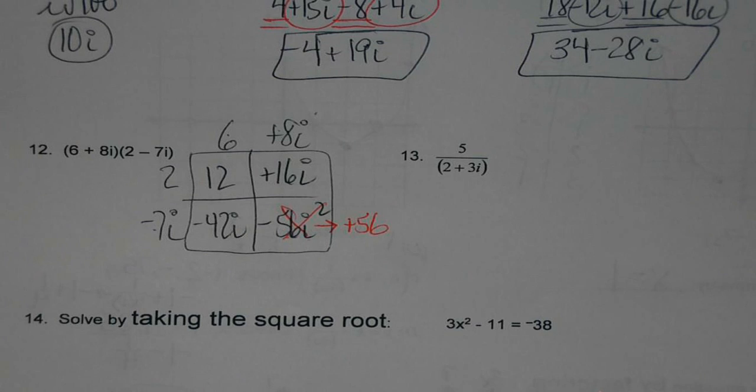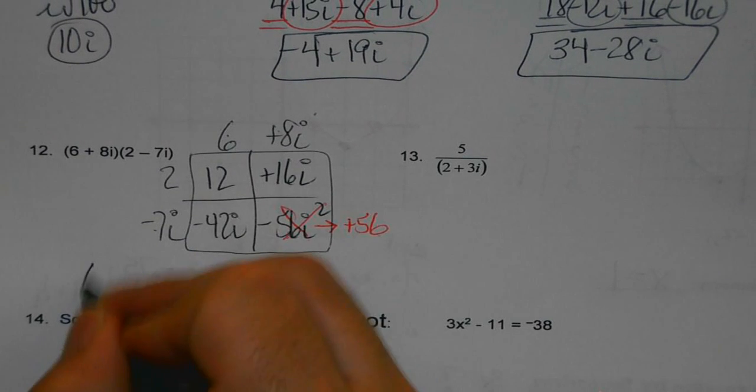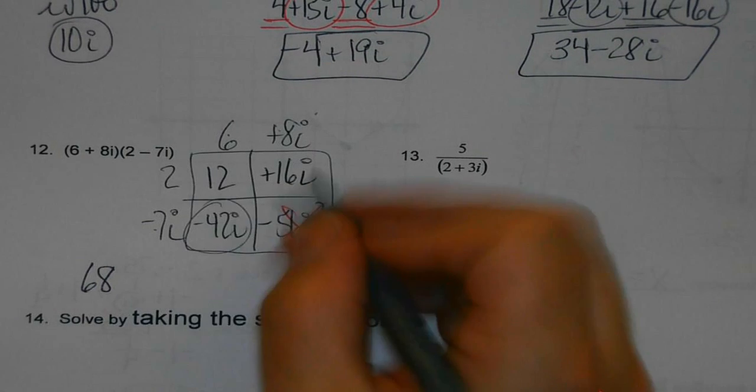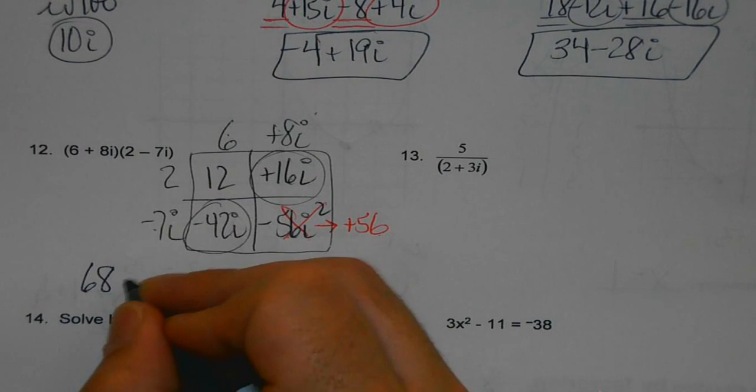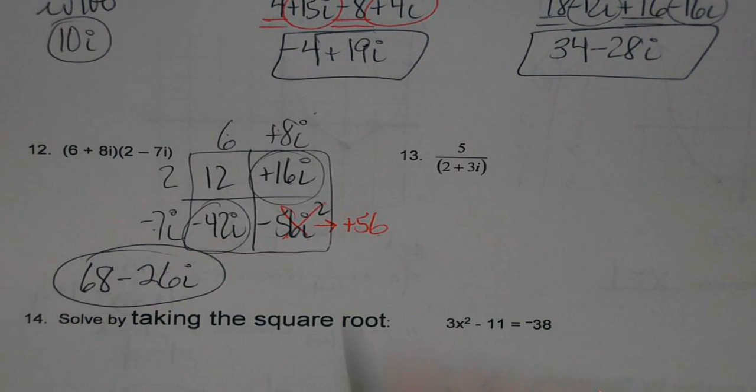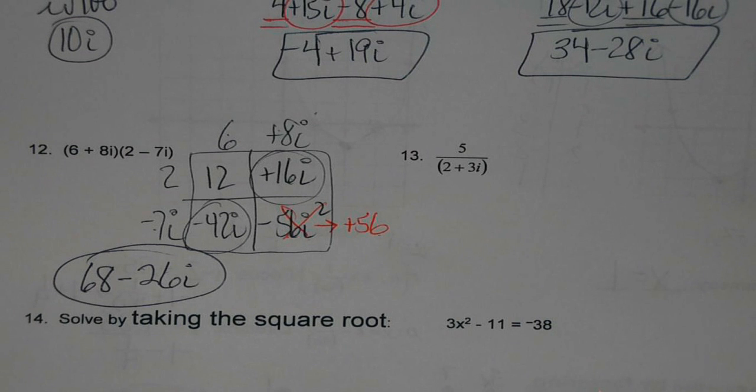And now I'm ready to combine like terms. 12 plus 56, 68. 16 minus 42 is -26i, and I'm good. Okay, no more combining after that. This has i, this doesn't. And then our last dealings with i, at least up here in the i only section,